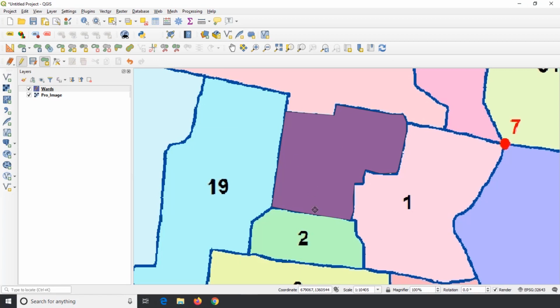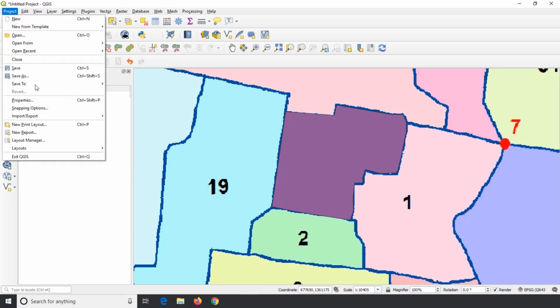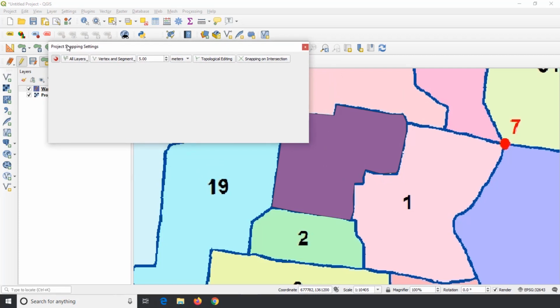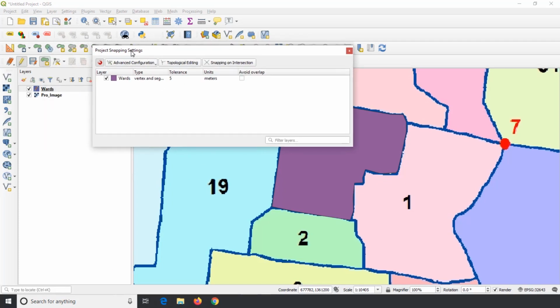To avoid overlap and gaps between the boundaries of adjacent polygons, we should use the snapping option. To switch on snapping, go to Project on the menu bar and click on snapping options. Click on the magnet icon and activate the other options on the toolbar. Change into advanced configuration in the second tab.